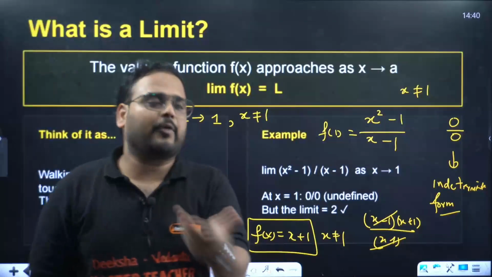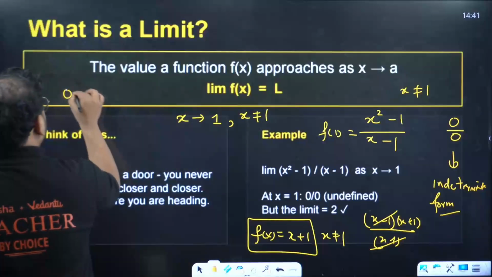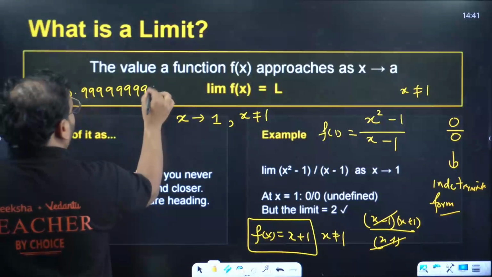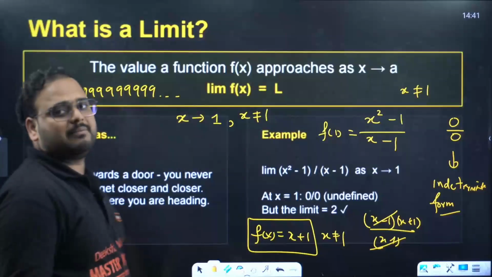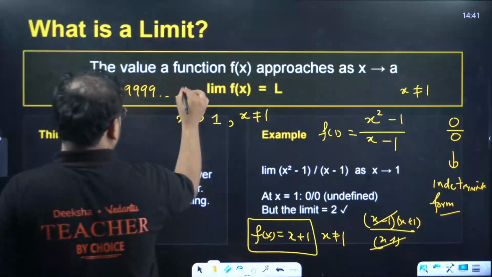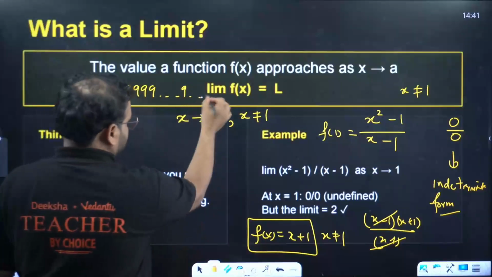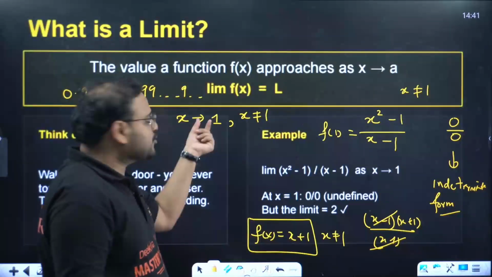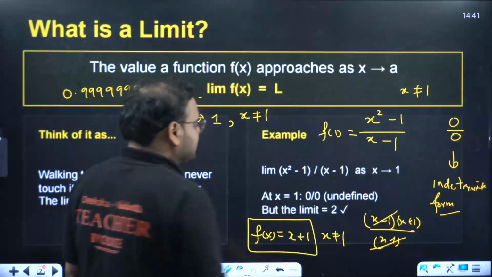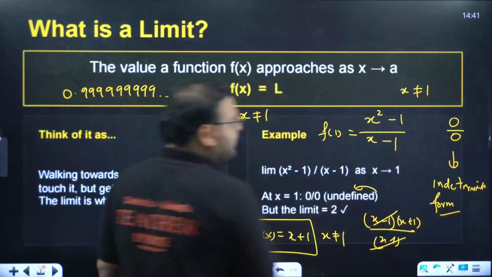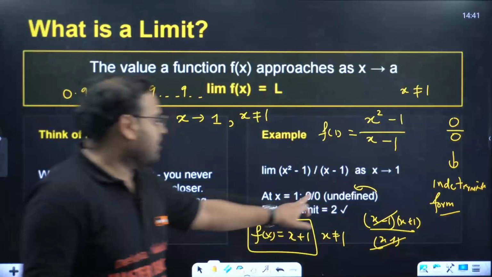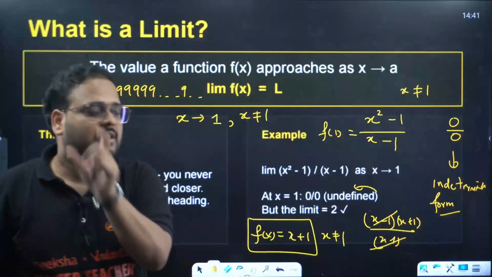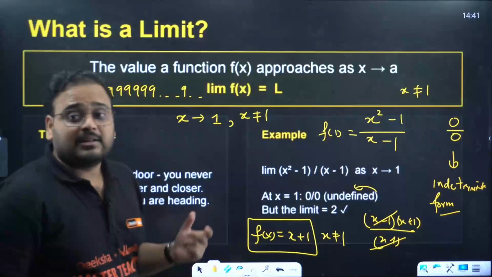0.999999, till what point? You start writing 0.99999, and the point you stop, it will become undefined. Let's say I want to stop after here, sir, it will be undefined because you can still go further. So x tends to 1, we cannot define it. The function is undefined, forming this indeterminate form, and x tends to 1 has no definite value, but the limit value